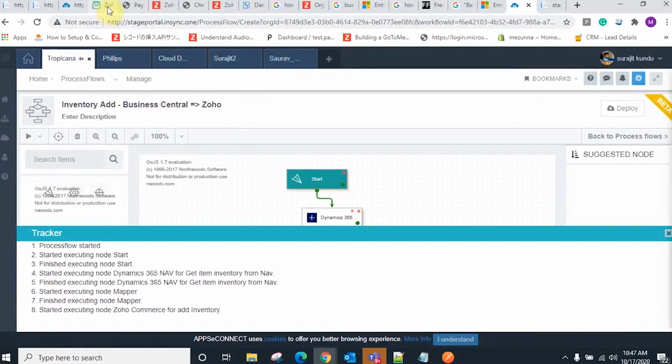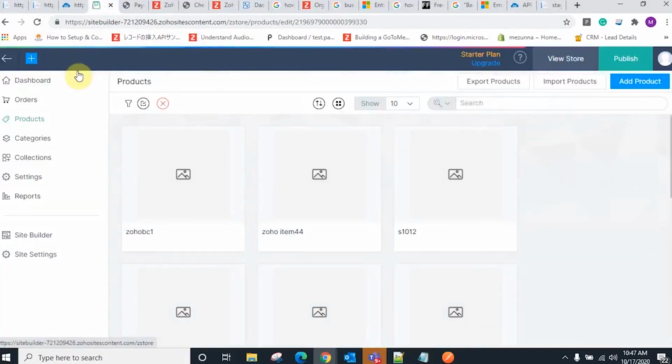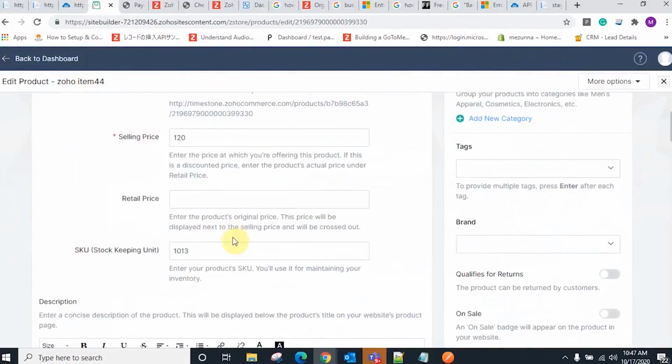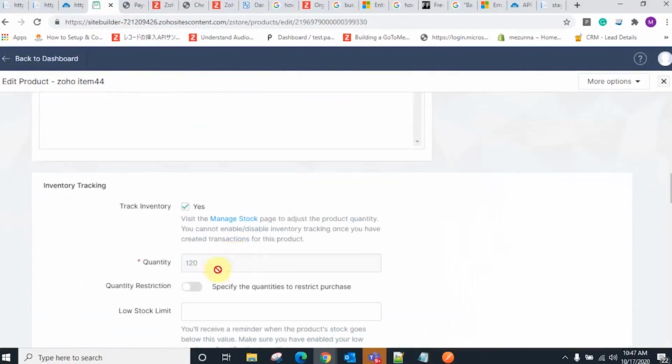Once it's done, I just need to refresh the page here. Here you can see the updated quantity which I have added on the ERP side. It is present in the e-commerce direction right now.